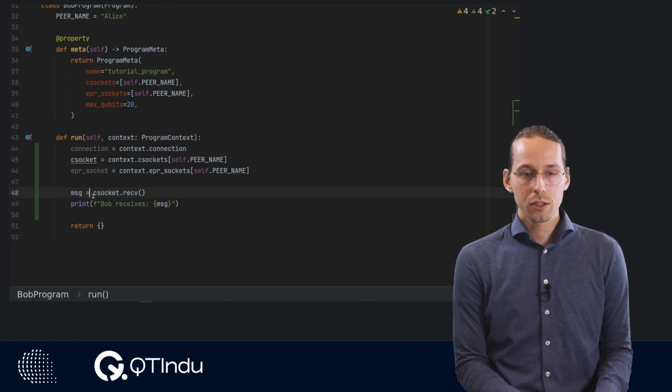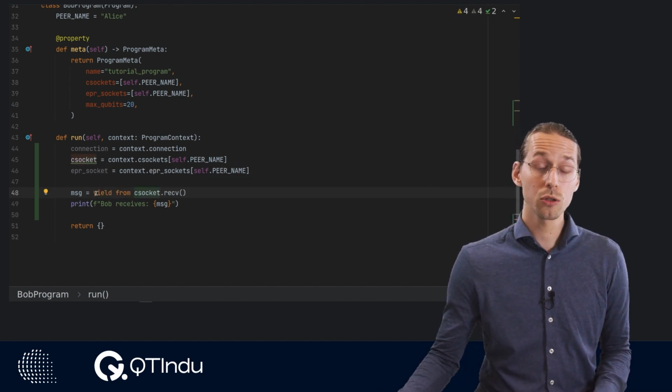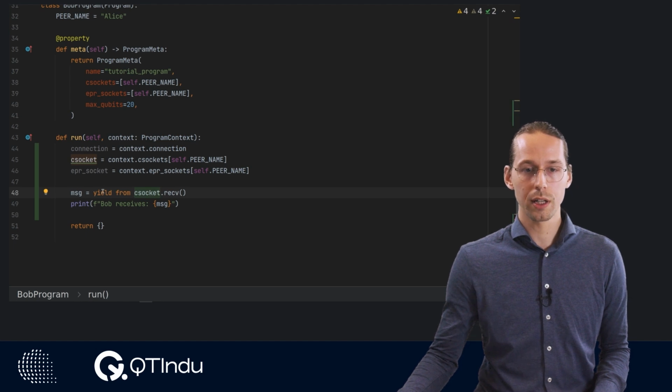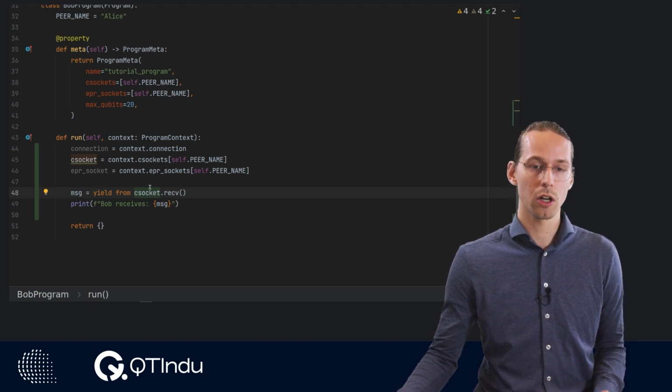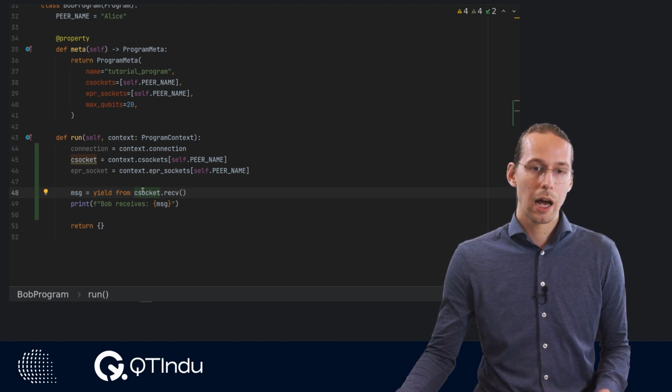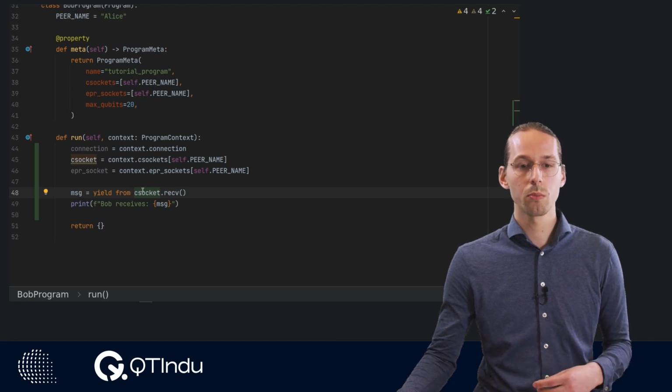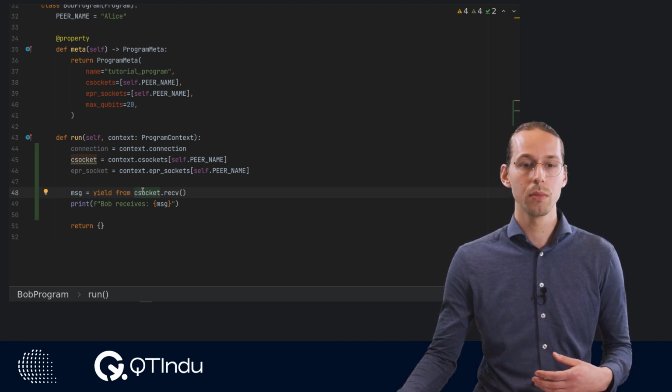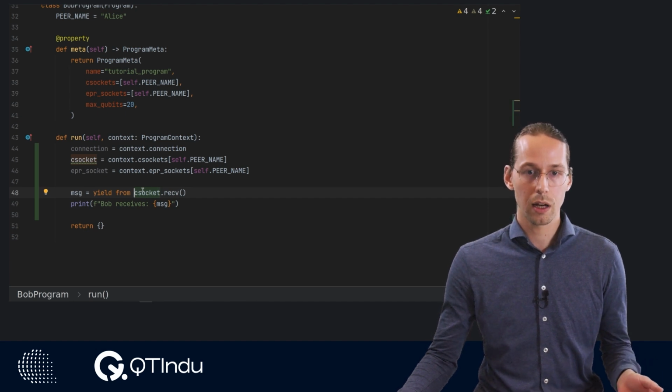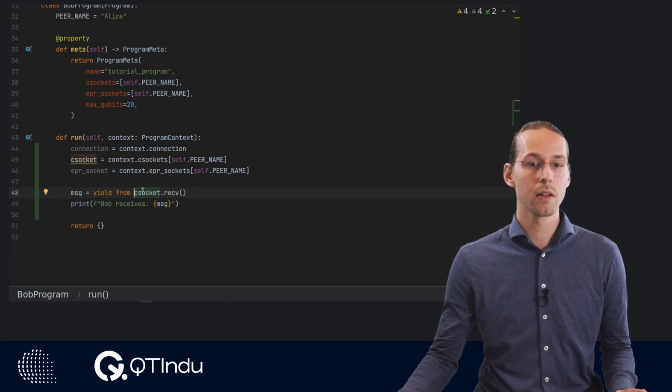Now, in order to make this code work, we need to add this yield from statement over here. This is because we need to wait for the event that the classical message arrives at Bob's side. And this is, again, due to more deeper technical reasons of how SquidASM integrates with the event engine underneath.